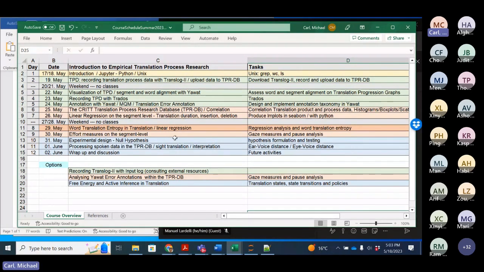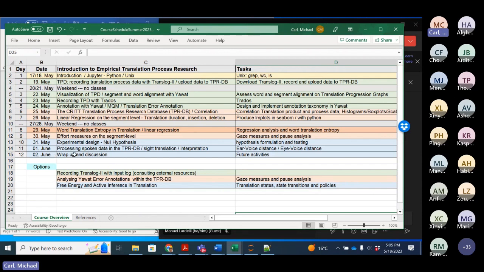So my idea is that we could look into the data, and look into Python scripts, and analyze the data, and see how we can get the important data from this database, and how we can run these Python scripts to generate those measurements, and how to visualize this in different kinds of plots, so scatter plots, histograms, whatever. So on this first of June, I was thinking we can talk about spoken data.